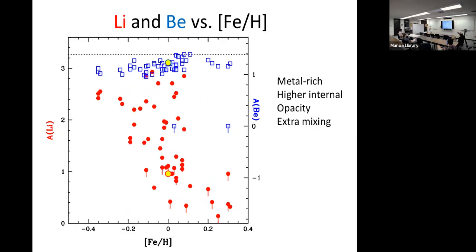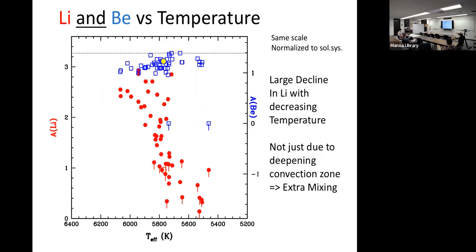The two stars that don't have beryllium, where are they in the lithium? Because one of them is also a non-detection. Do both of them also have a non-detection in lithium? I'm not responsible for the lithium result. Remember that. Oh, okay. One of them does have an upper limit. The other one has a very low detection, which I don't believe. But